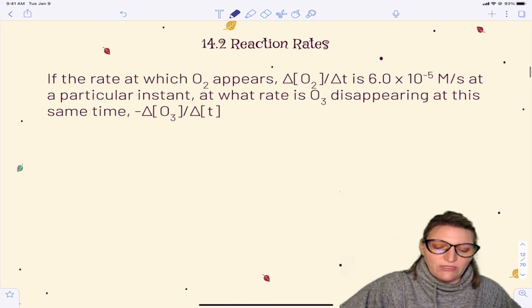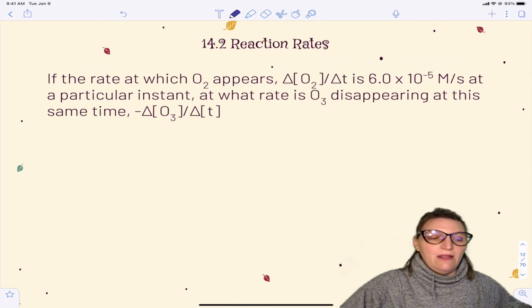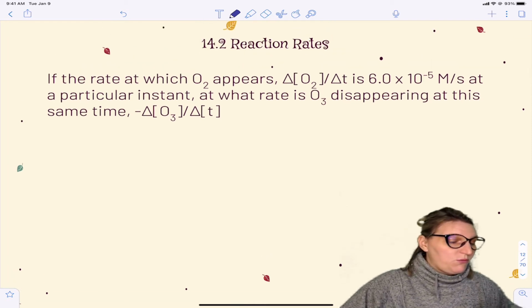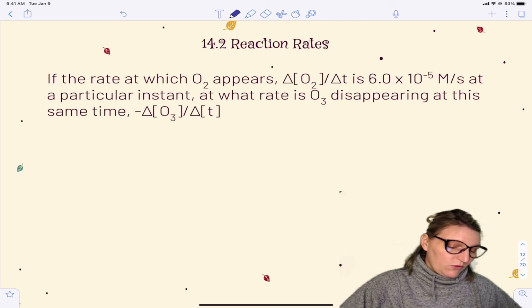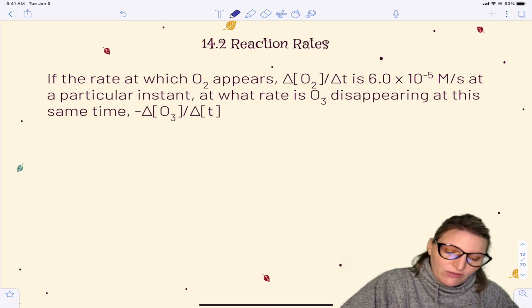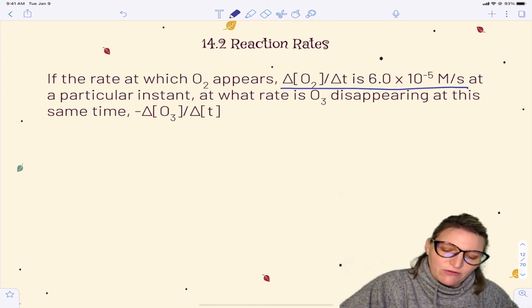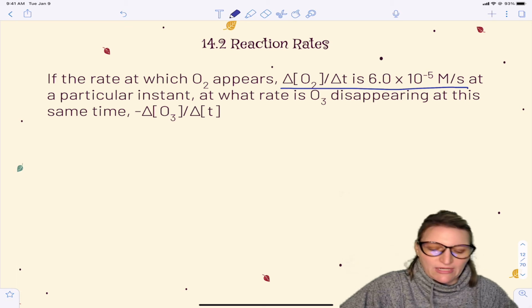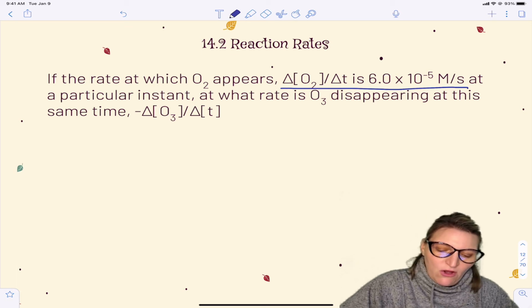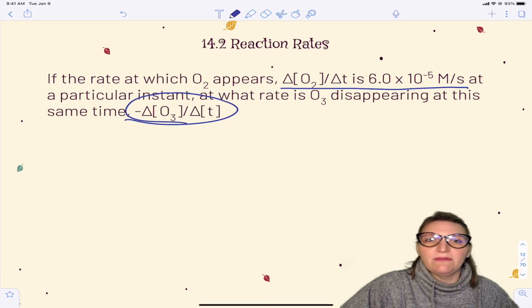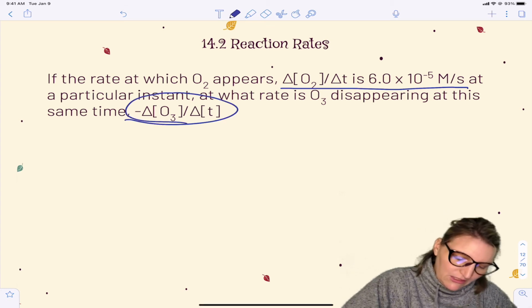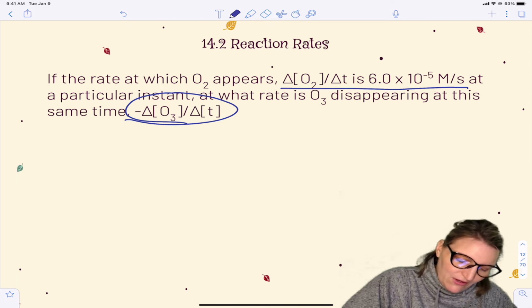And then actually using that in a problem here, right? If the rate at which O2 appears, remember we're still going to circle the do, underline the clue, is 6.0 times 10 to the -5 molarity per second at this particular instant, what is the rate of O3 disappearing, which is negative delta O3 over delta T. So we know we have 1/2